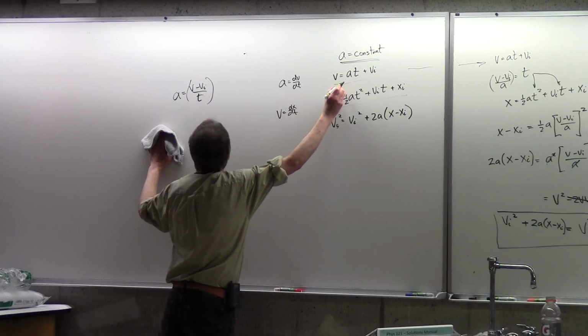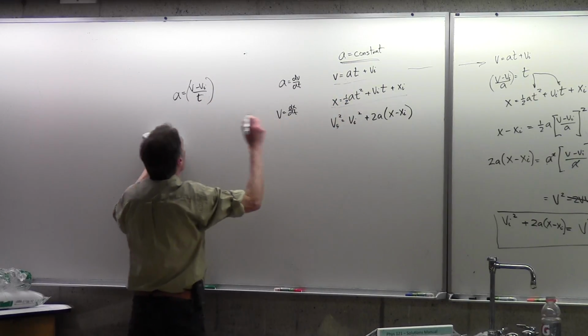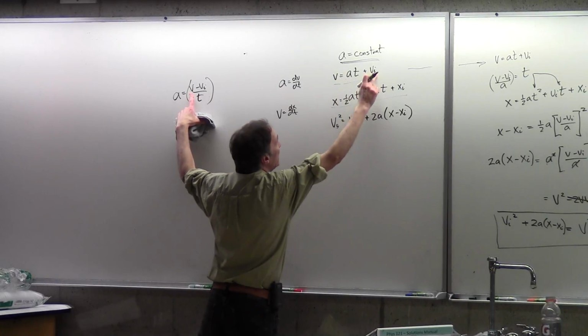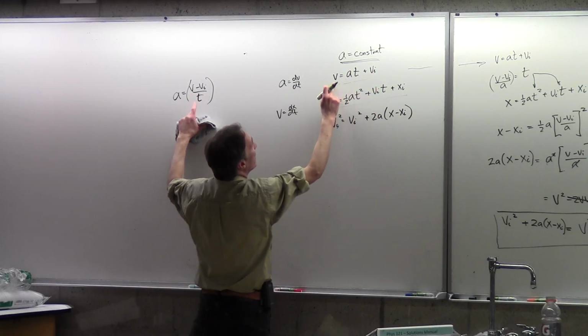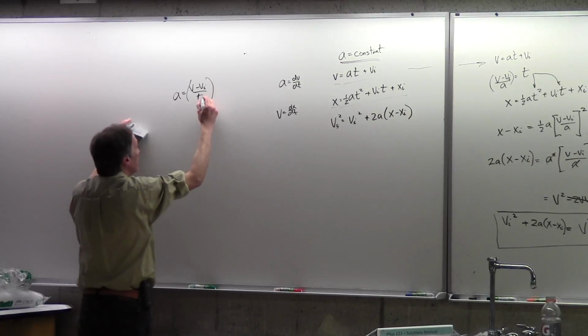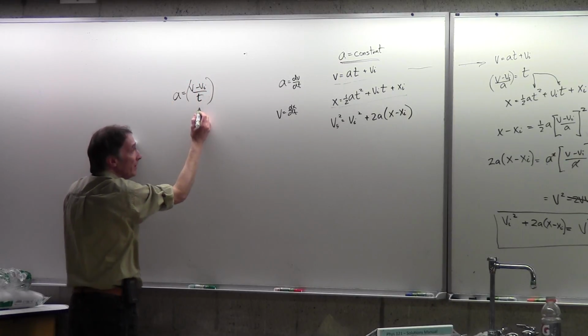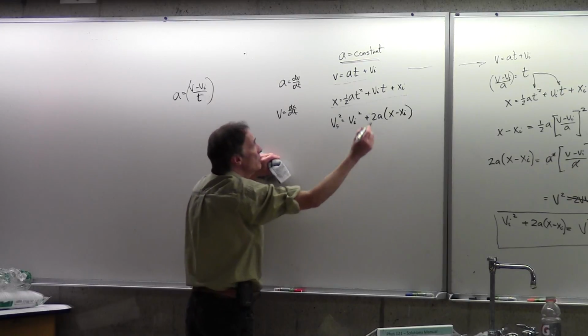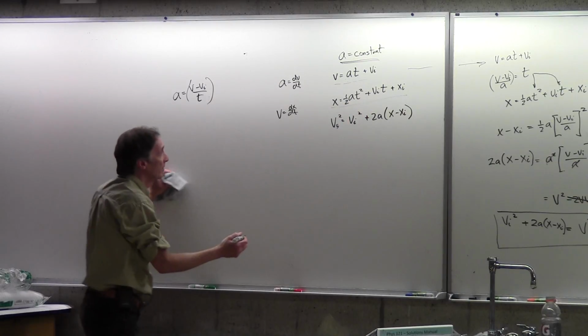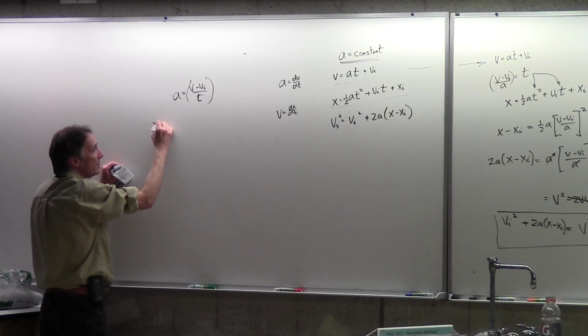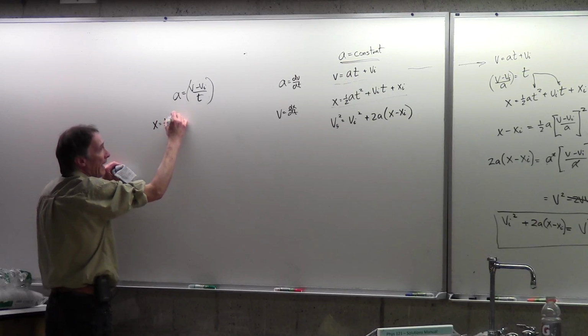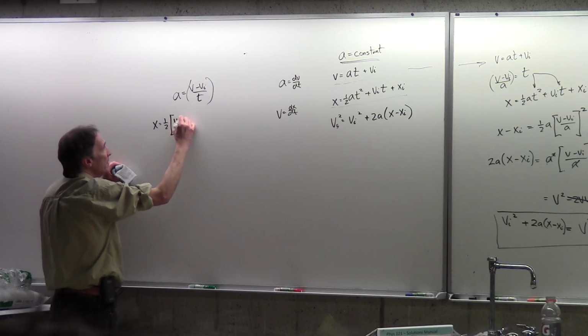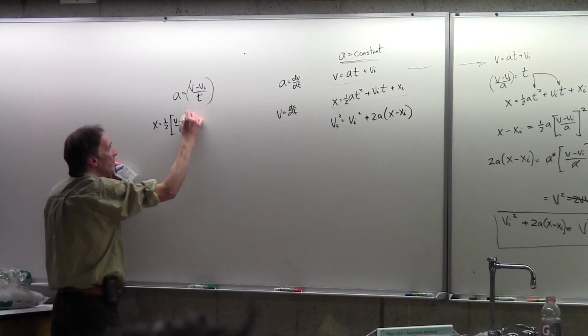Taking this first equation, I'm solving for a. So I'm going to take v minus v initial and divide by t. So that's the acceleration. And I want to put this into this equation. So I do want to do that. x is equal to 1/2 a, that's v minus v initial over t,